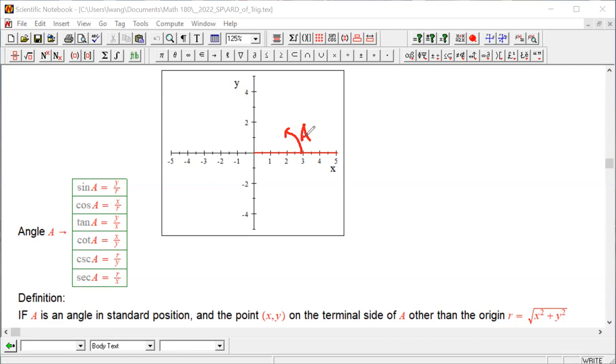The input of A, right? And the output for different functions are different ratios. So on the terminal,